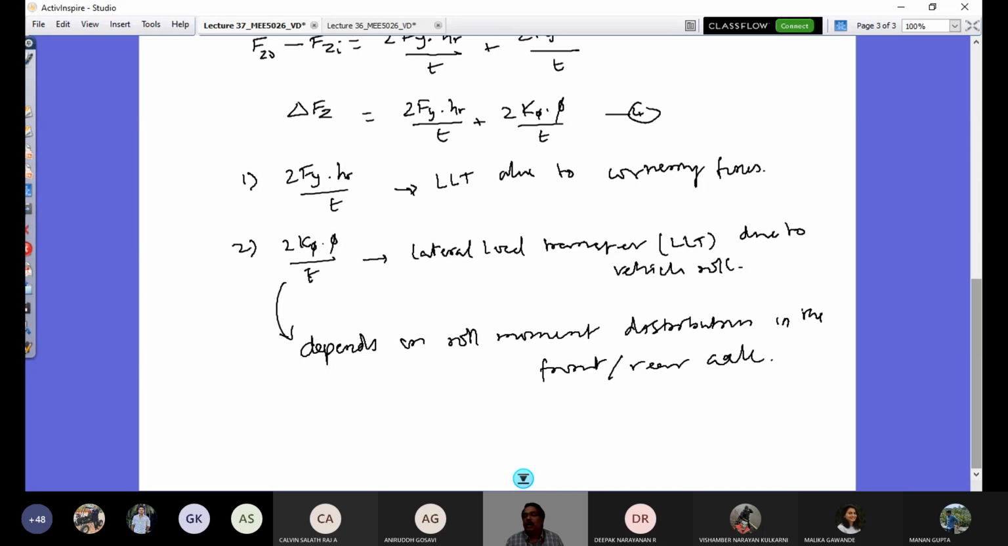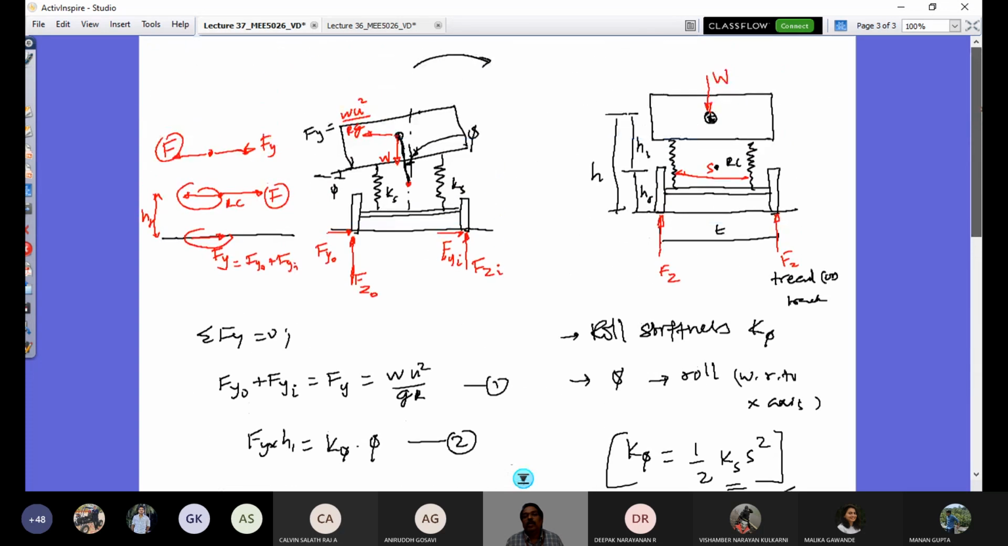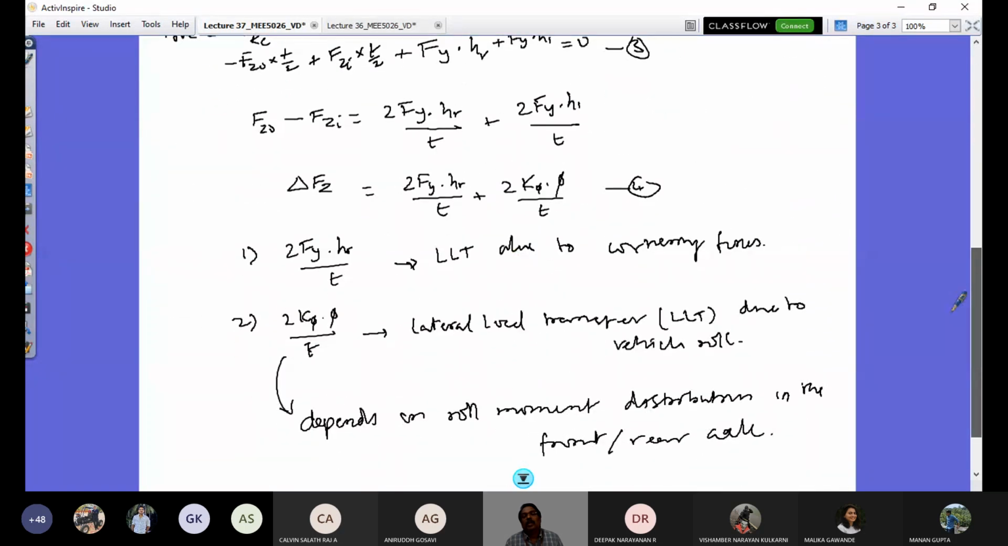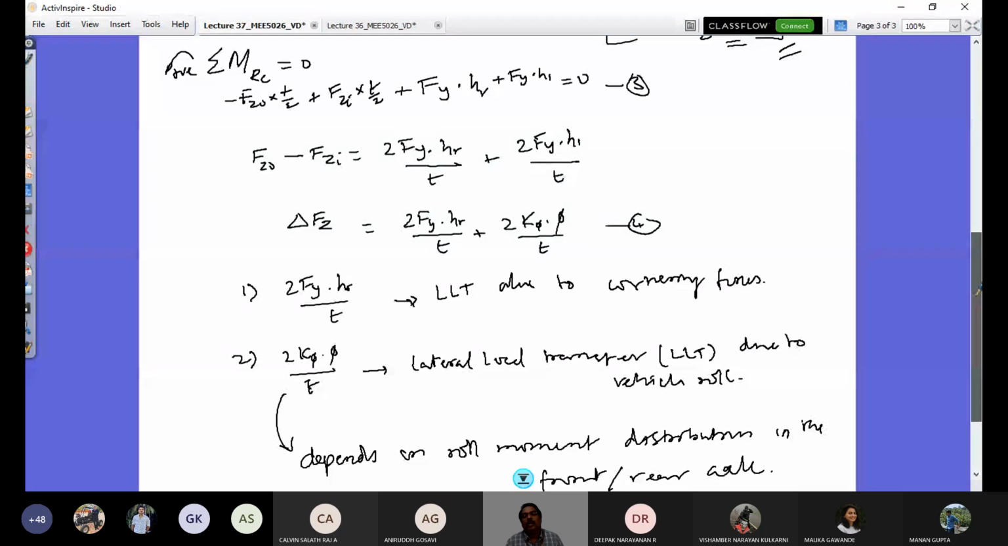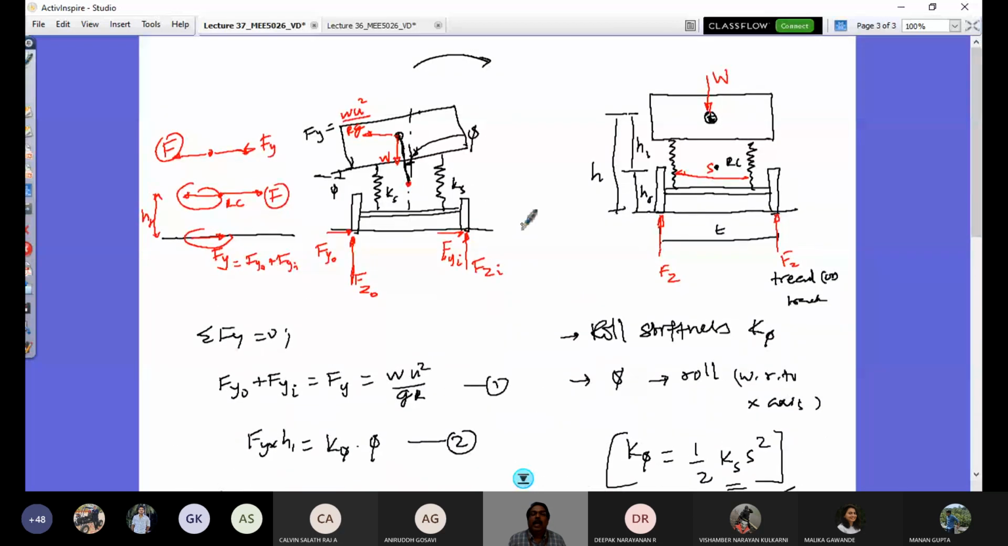For that, the free body diagram that we have drawn helps us understand the two mechanisms that influence the lateral load transfer. Two mechanisms are the reason for the lateral load transfer. One is independent of roll. Another one depends on the roll and the roll moment distribution. So to understand this, I have to consider all four wheels and the full vehicle free body diagram. And I am going to do that in the next class and complete the remaining part